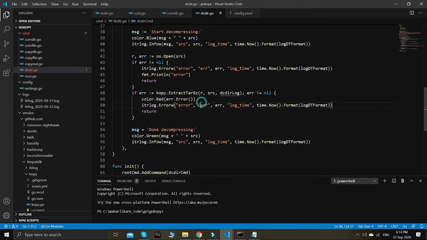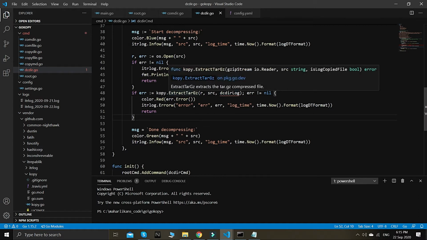Right now, I also created this copy.extract.gz to simplify our usage regarding this GZIP compression technology that Go provided for us. It's not a new technology, it has existed for quite a long time, but Go itself has this capability also. So right now we have some error because this